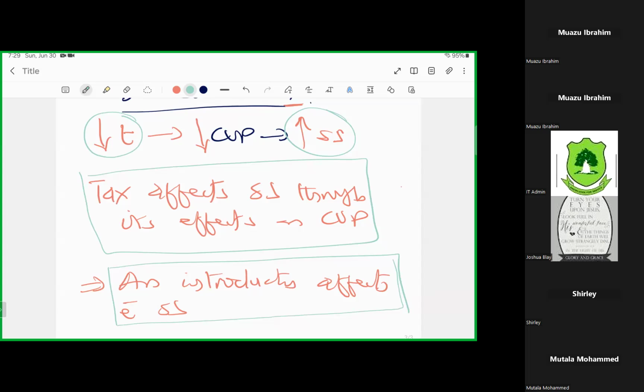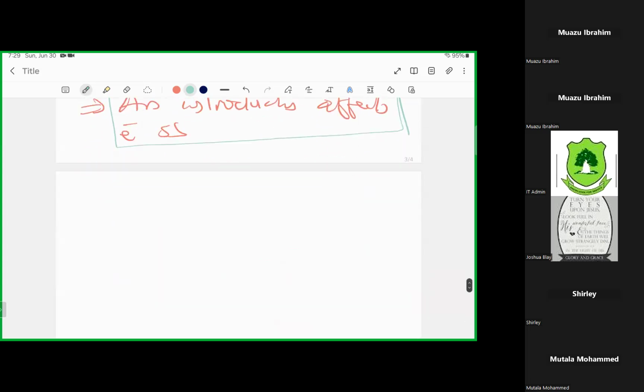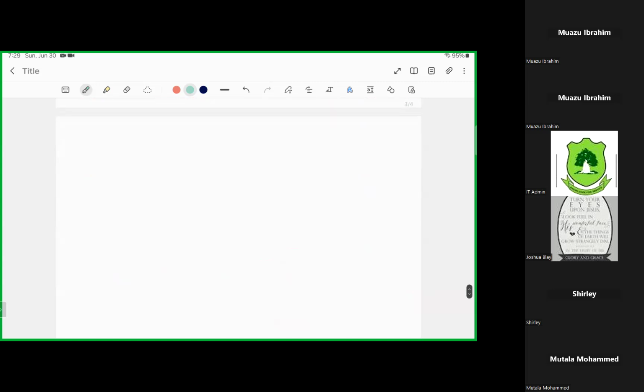An excess tax or an indirect tax that producers pay to the government for the production of a certain good and service. The second one is, beyond using taxes to affect the supply condition of firms,